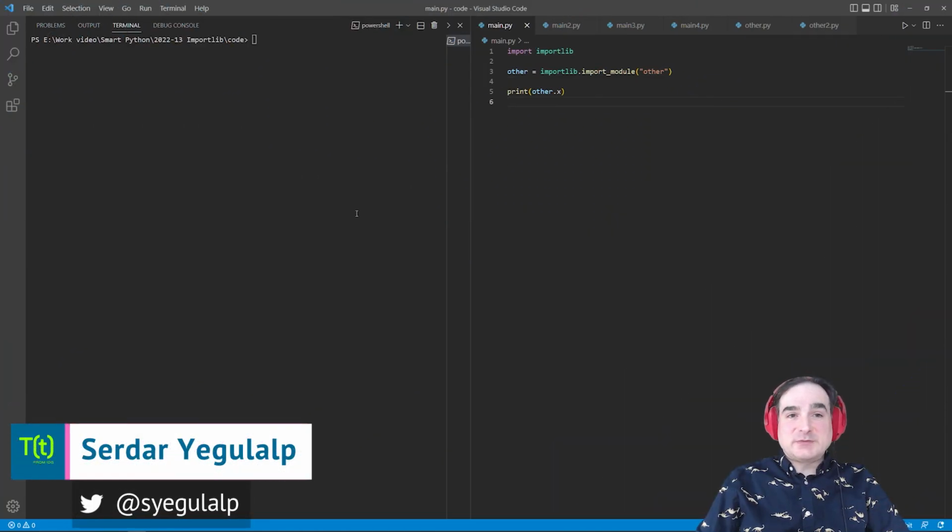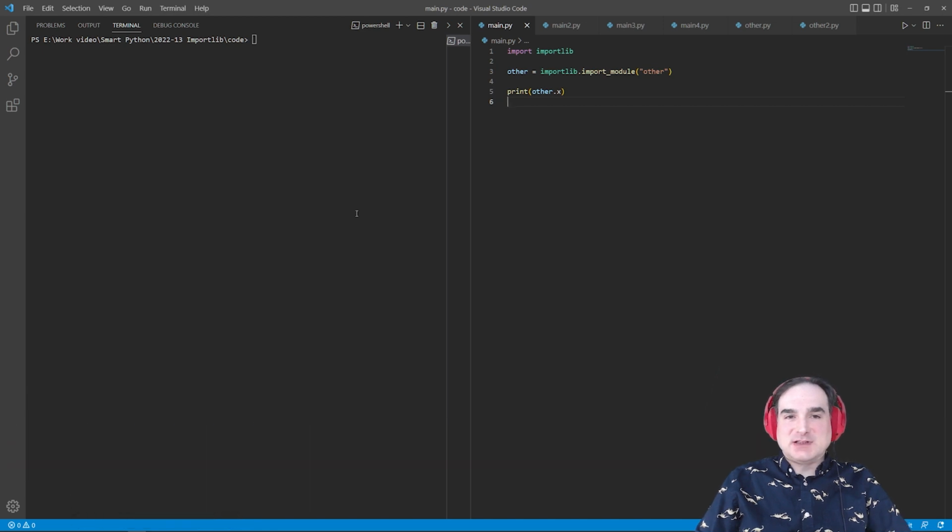In this episode of Smart Python, we're going to look at ImportLib, a standard library module that allows you to import modules and libraries programmatically. Most of the time in Python, when you import code, it's by way of hard-coded declarations at the top of a module. Sometimes, though, you want to perform imports dynamically. For instance, only when a particular module is needed, or when you want to choose between a few possible modules. ImportLib exposes mechanisms to do that within your Python code.